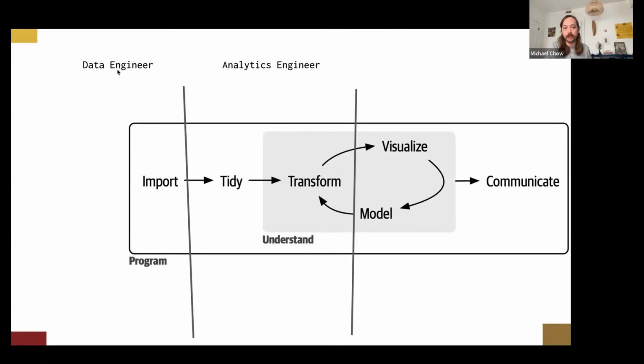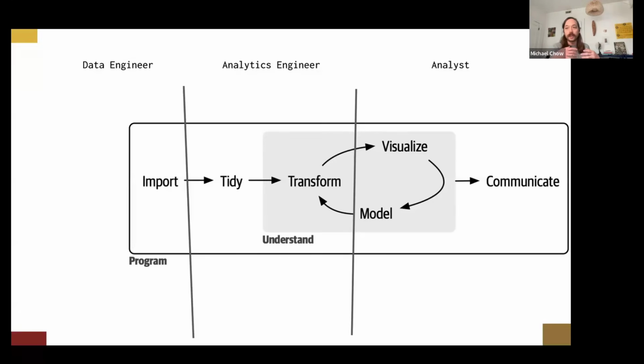You might have a data engineer for most of what you think of as importing, like extracting and loading data into, say, a database or a bucket. You have an analytics engineer who then is doing a lot of the tidying and transforming. They call this sometimes data modeling, which is structuring the data in a way that's really friendly for analysis. And then you have the analysts that might be in a BI tool or in notebooks somewhere, pulling that tidy and transformed data and analyzing it, say pulling it from a database.